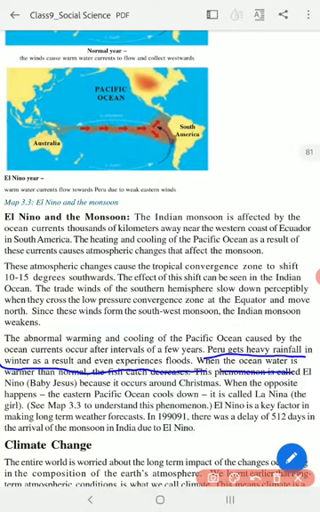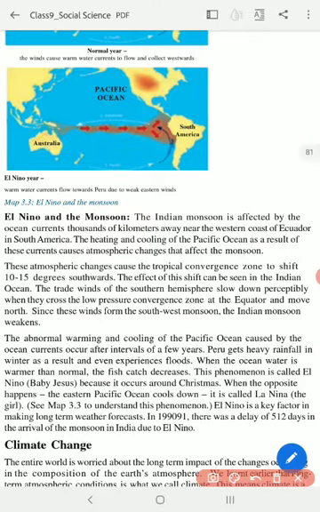When the ocean water is warmer than normal, the fish catch decreases. When the water becomes very warm, very hot, then you won't find so much fish. This phenomenon is called El Nino. El Nino means Nino means baby. So it's a baby Jesus. Right. So El Nino